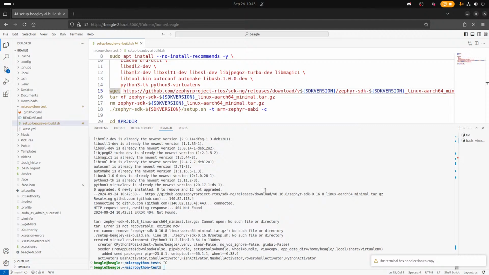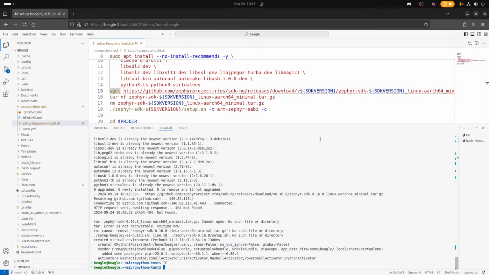Releases, download, SDK releases, downloads, version. Minimal .tar.xz.